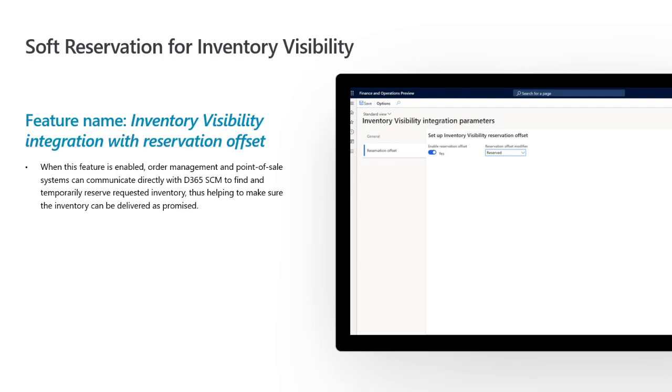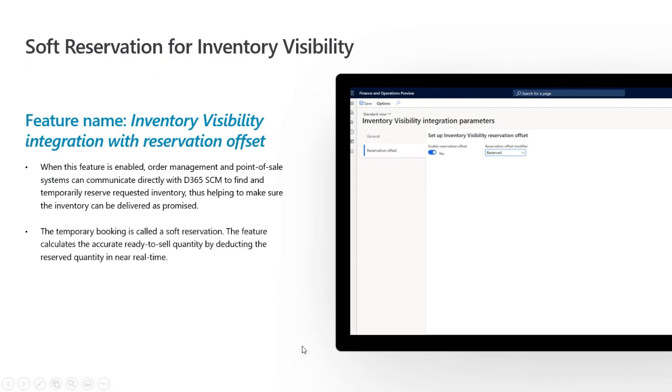When there is no reservation being placed, then that on-hand available isn't being deducted, and you could potentially overcommit based on your inventory position. So this temporary booking, we're calling it a soft reservation. It calculates the Dynamics 365 available physical inventory, places a soft reservation, deducting the amount essentially requested by the order. And then it deducts